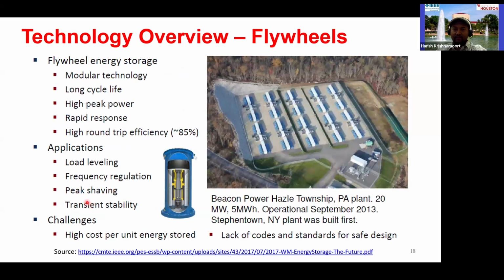Then there is the flywheel. A flywheel structure is usually storing the energy in really high speed wheels. You can think of the structure as having a center knob. As you have more energy, you increase the speed of this rotary equipment, and then that keeps rotating for some time. When you need to take energy back from the system, you can run a generator to take that energy back, and at that time the speed reduces a little bit.